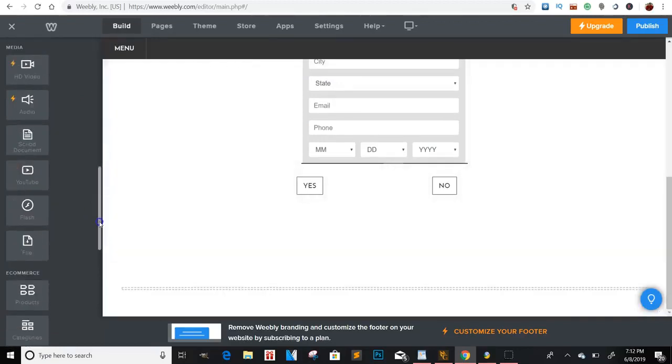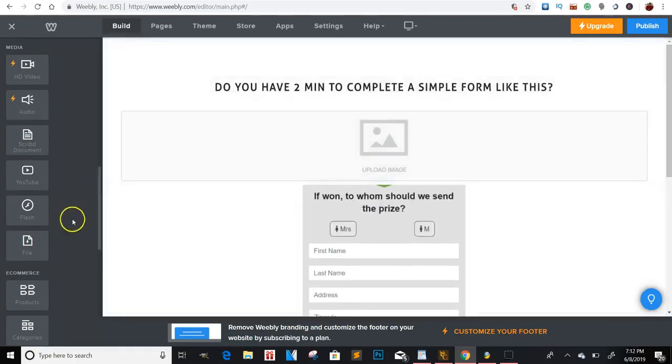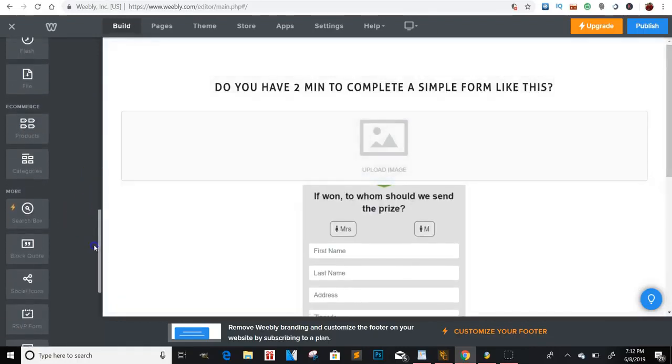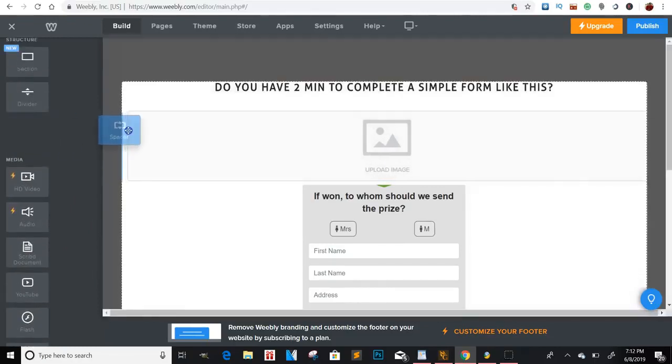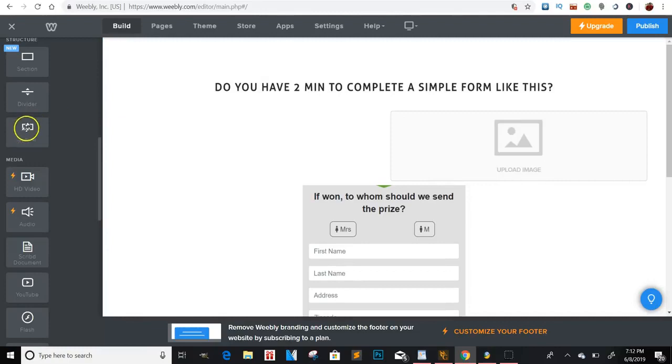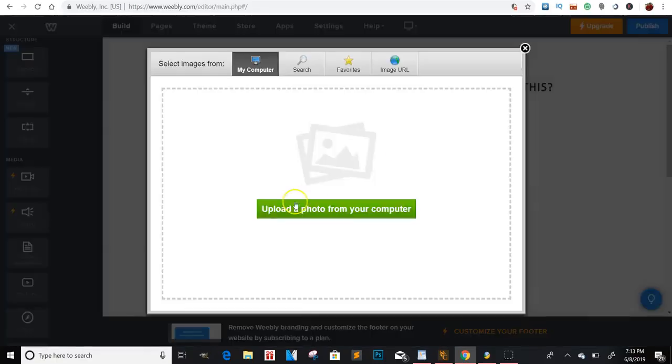Okay, and then you want to add a spacer on both sides. So let me come back up here just a little bit. You want to add a spacer on each side, if I can find, there we are. So you add one over here, and then you would add one on this side, and as you can see, it will bring your image to the middle, lined up exactly where this one is. You just click on it, go to upload a photo, and then go ahead and add your image in that